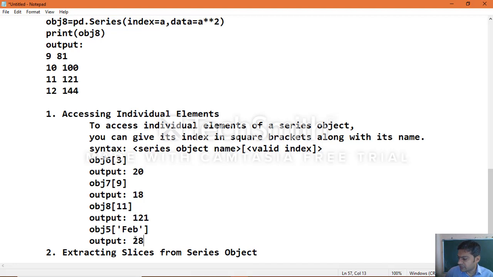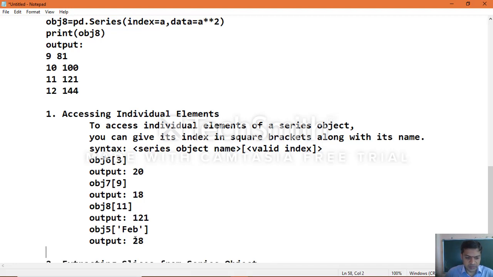In the same manner, you can see another example which was specified.